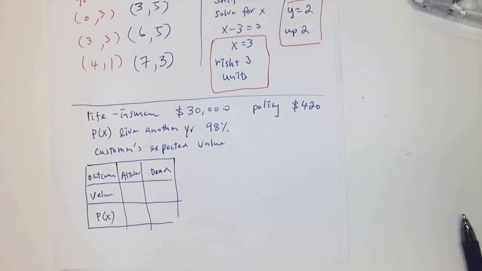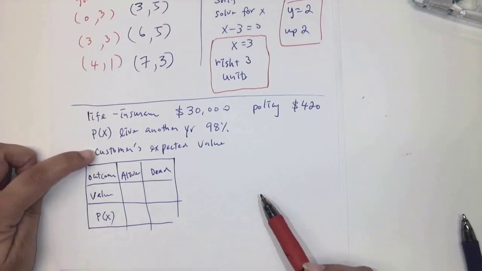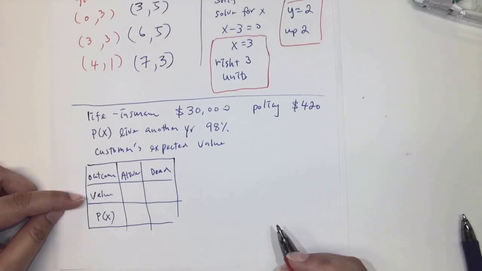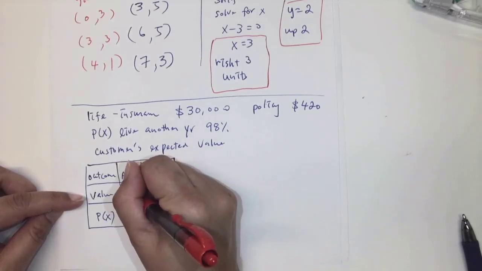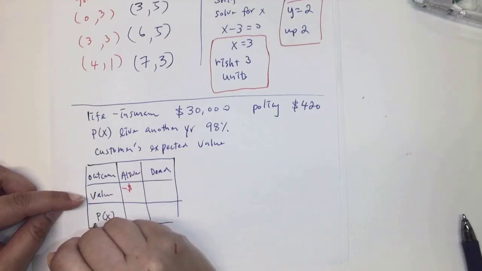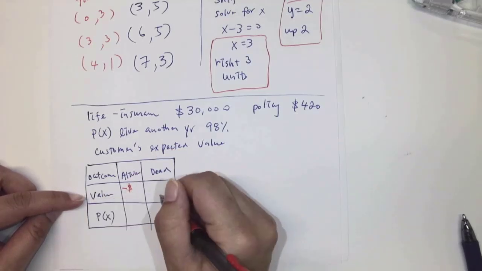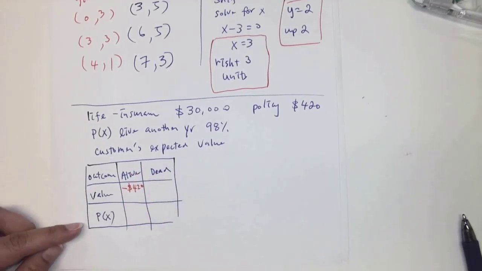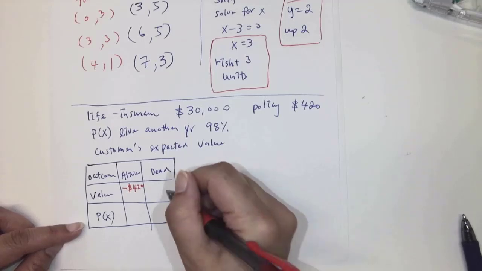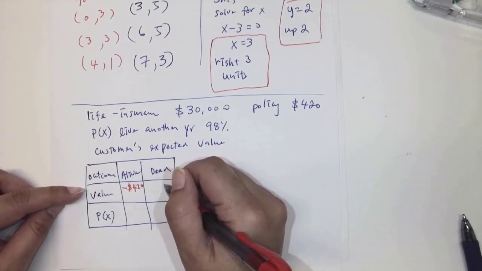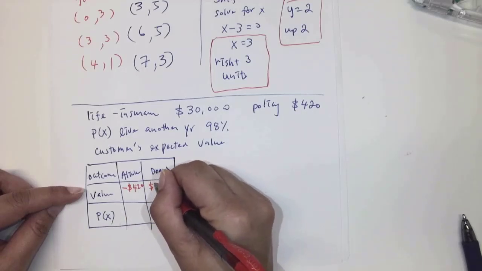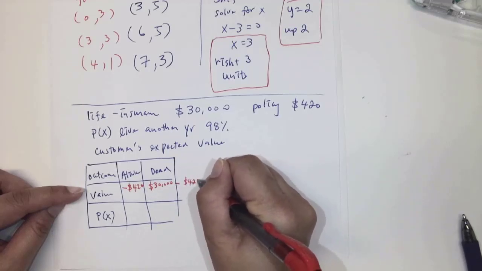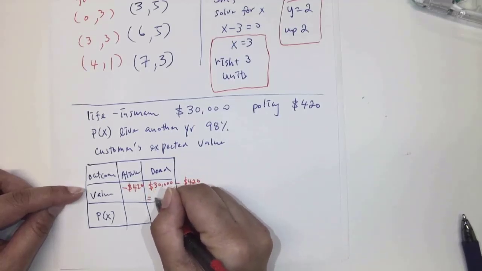So thinking from the customer's perspective, if he stays alive, what kind of value does he get? Minus 420 he has to pay in, right? If he dies, then how much can he get? 30,000? No, you have to subtract the $420 you paid in, right? So actually, he's going to get